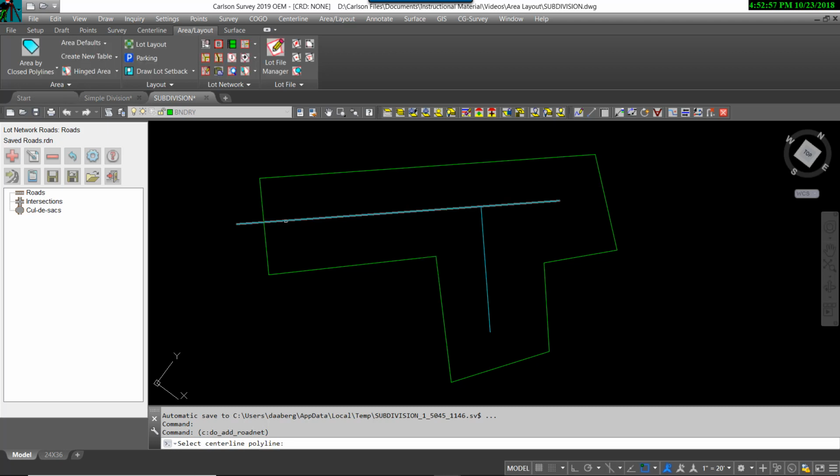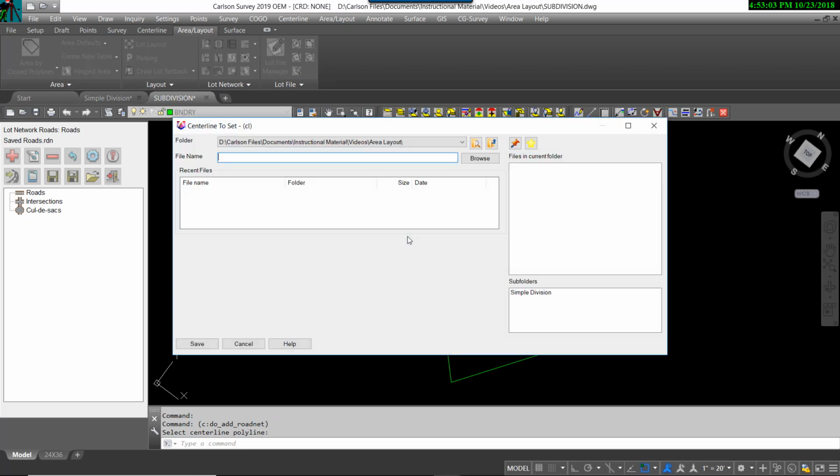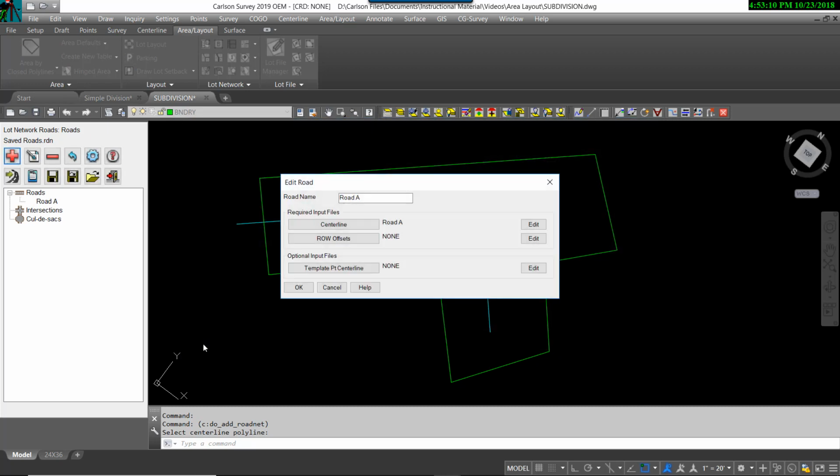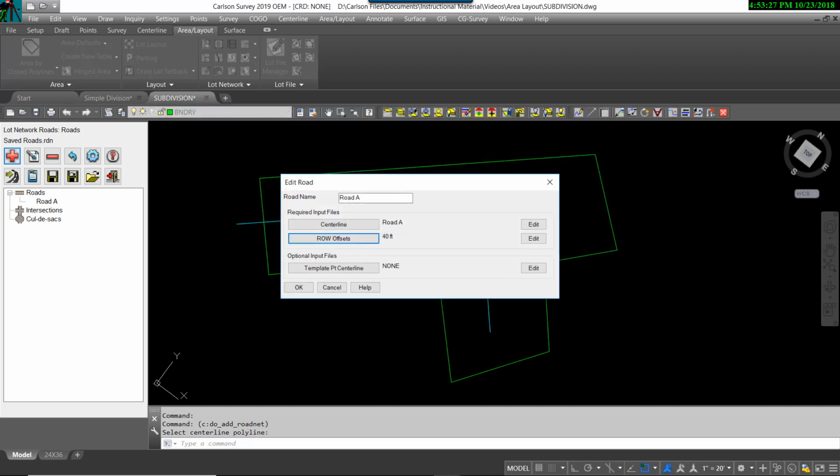And I'm going to select the center line by screen picking the polyline. So I'm going to pick this first road and assign it to a centerline file. I'll call it Road A and save that. I can then now create a right-of-way offset file by clicking on right-of-way offsets and save a file. I'm going to call it 40 feet for a 40-foot wide road,